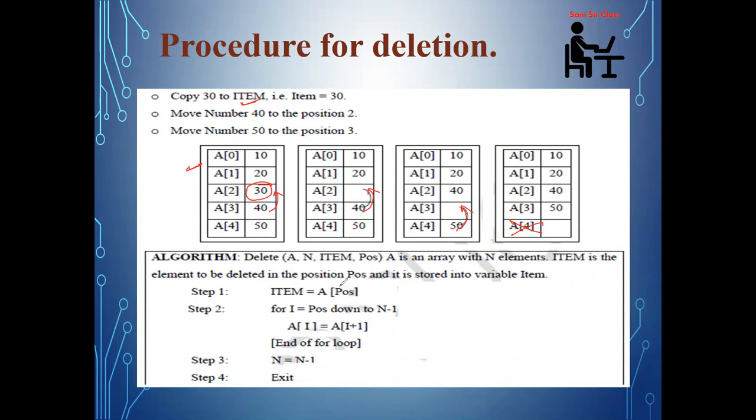Okay. So the same algorithm we are writing here. Now from the position, I am keeping the value in a variable. From that position to n minus 1 means less than n minus 1. N is the size of the array. So n number of elements are available. Every element in the right hand side will be shifted 1 left. Okay. After end of the loop, you are reducing the size of the array by 1. Clear? So whatever we have implemented in the program, the same thing we are displaying through the algorithm.